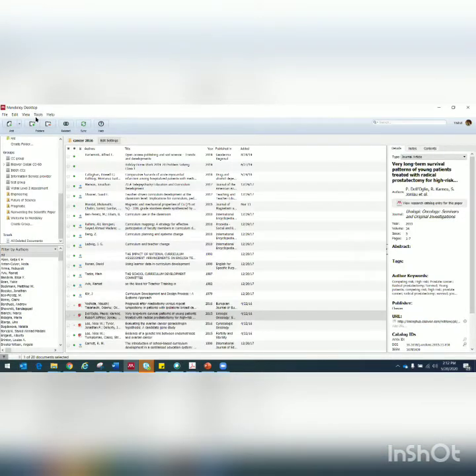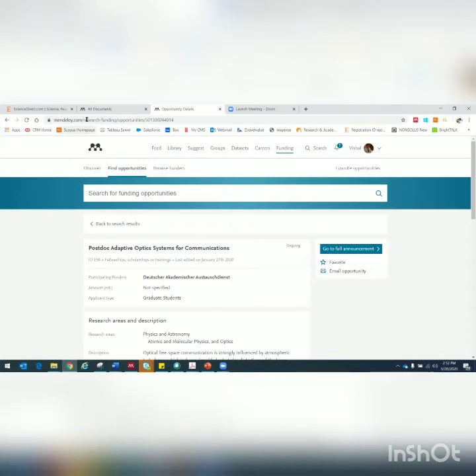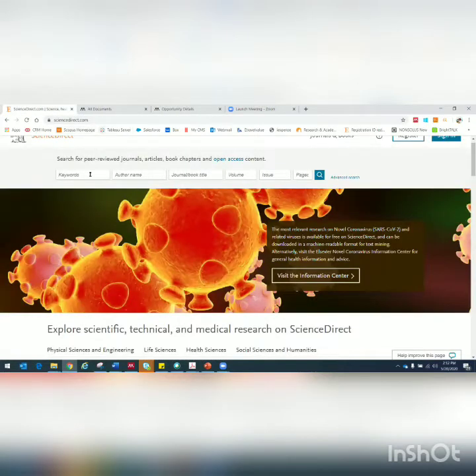Now remember, we asked you to install Web Importer and Word plugin. Now let us see how this Web Importer and plugin works. So let's say you are on the ScienceDirect platform. Now you can be on any platform, right? Doesn't matter. You can be on ScienceDirect, on IEEE, on Springer, or sometimes even on Google. However, I do not recommend that you save articles from Google.